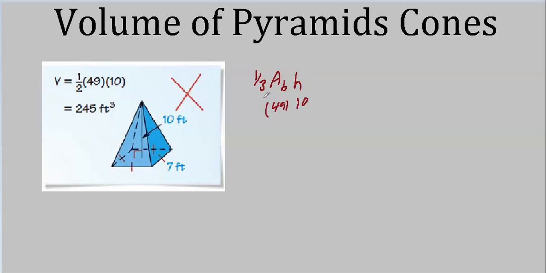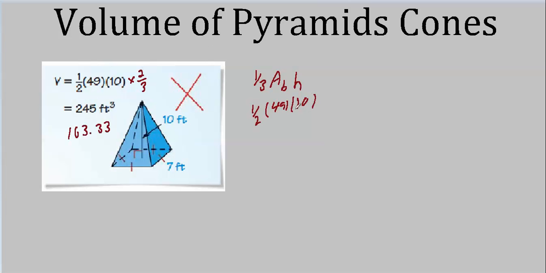So, once again, if we wanted to make this 1/3, how could we do it? Well, let's multiply by 2 over 3. Multiply by 2 to get rid of the 1/2, and then divide by 3 to get everything back the way it should have been in the first place. Of course, if we didn't already have an answer for this, doing this wouldn't make much sense, but we have one. All this stuff is 245. Multiply that by 2/3, and we've got the right answer.